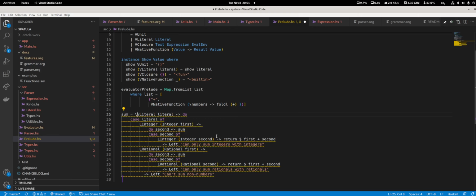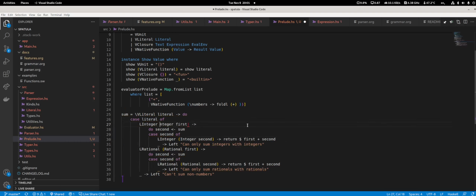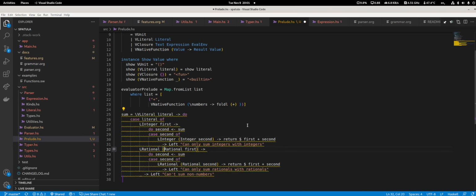So what we need to do, let me read the stuff. And then you have, if it's an integer, I will ignore the rest. If it's an integer, you get the first. Is that integer correct? Wait, integer. I think I used double stuff. Now it is okay. If it is an integer,